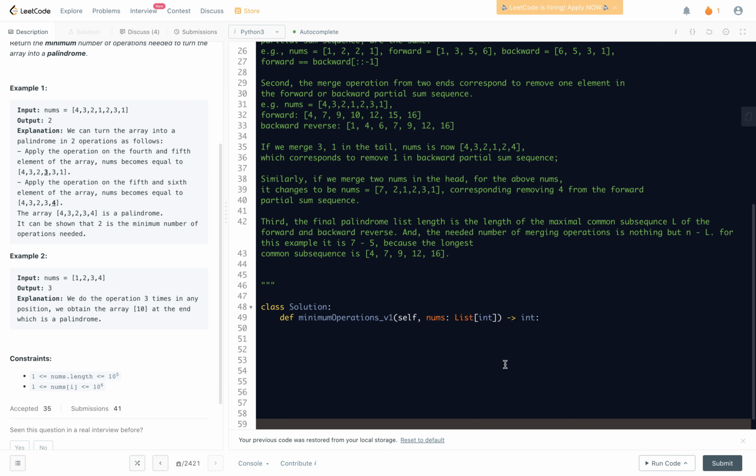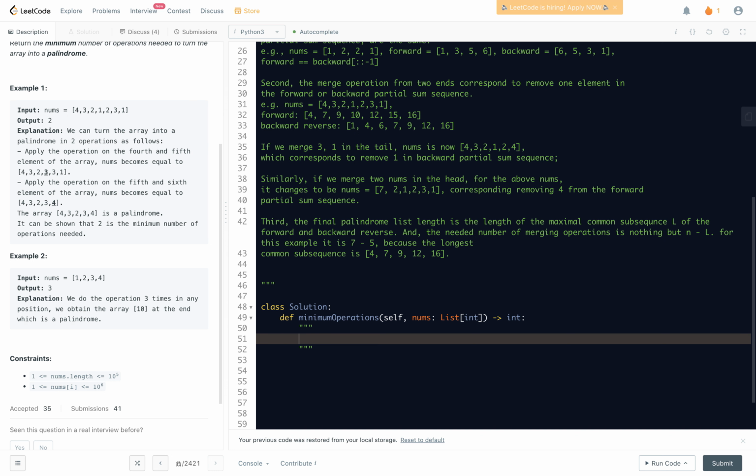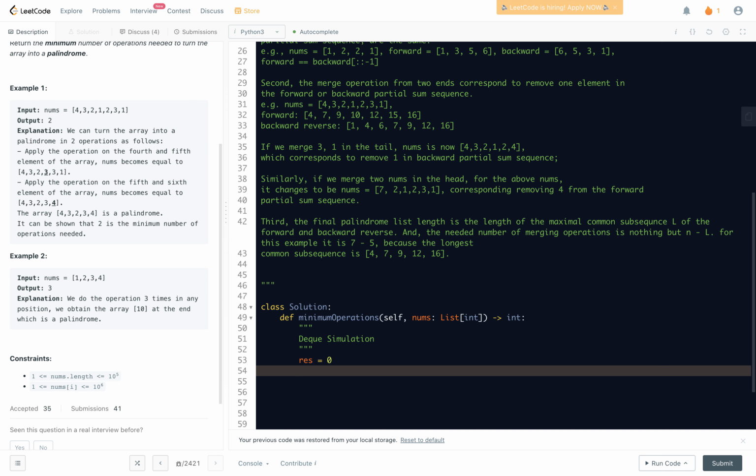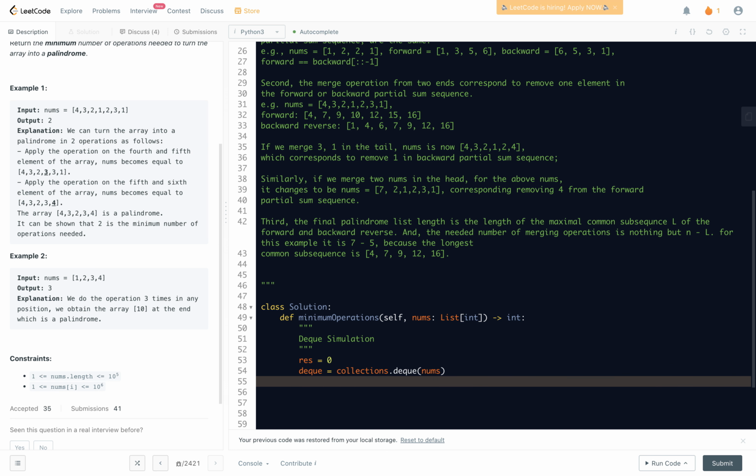First, I'm going to use a Deque to do the simulation. This is actually very straightforward. First, I'm going to initialize a result variable, which is the count of needed merge operations. And then we're going to change the nums to be a Deque, collections.deque. This way, we can effectively pop from the left or from the right, from the head and tail respectively. And then what we are going to do is that if the length of the Deque is greater than 1,